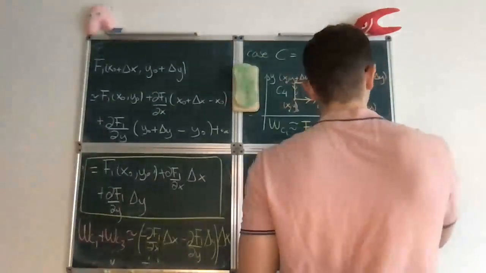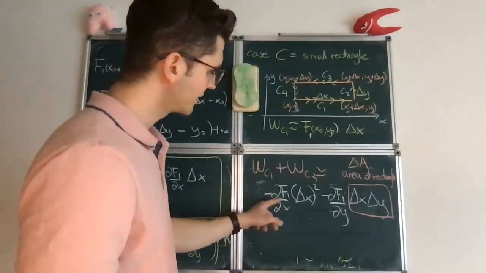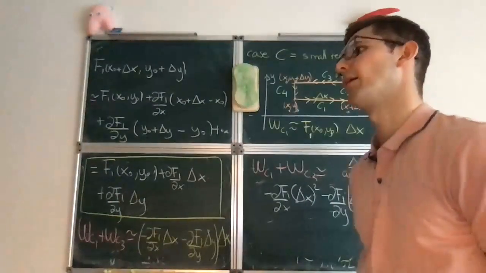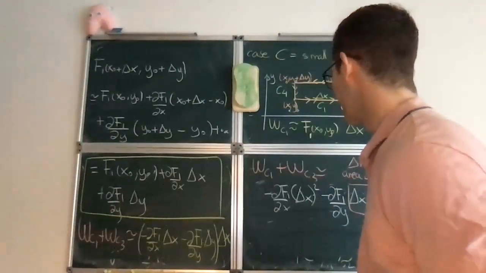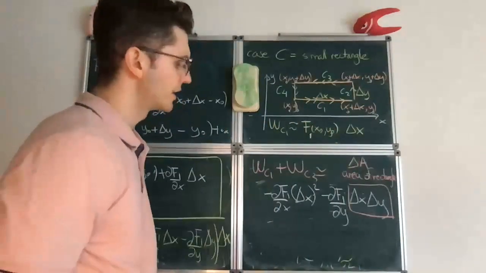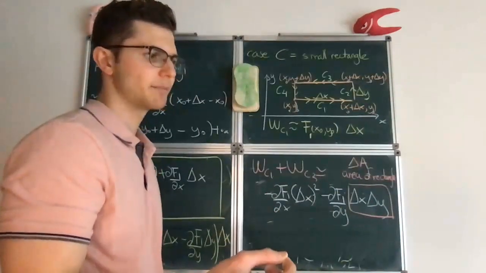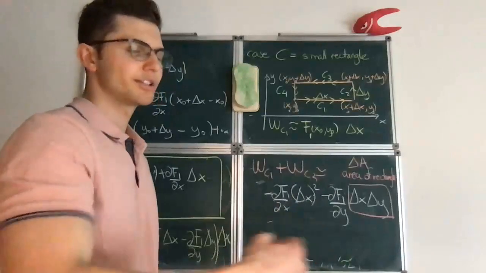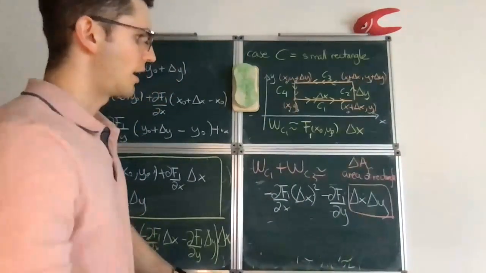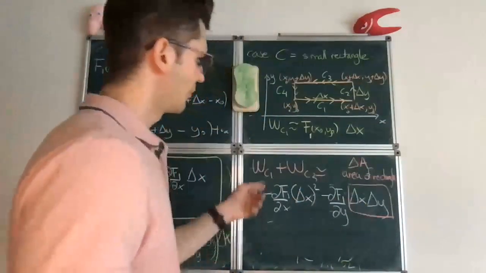Which, let me call it delta A. Now, the point is that this delta x squared, again, like the full proof, you need to be more careful about this, but the idea is that actually this can be disregarded, basically because when you do double integrals, for example, you can integrate only once with respect to each variable, and this will eventually correspond to doing an integration, and so this makes sense for a double integral,